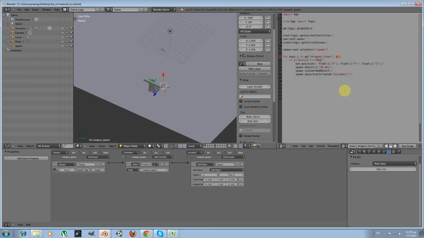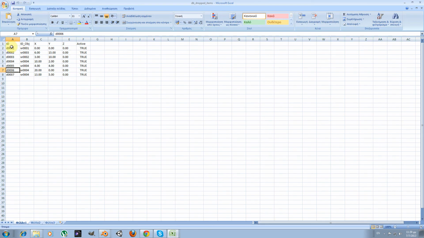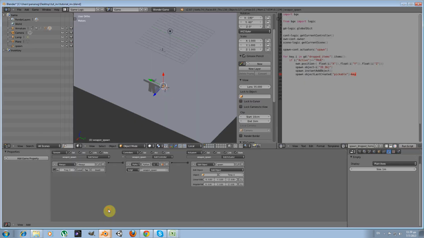Okay, so I'm replacing it with items, and this items gives me 2 variables, both the key and the value, so is equal to key. Okay, so here in this pickable variable, I'm storing the key value, which in our case is this identifier here. So I'm keeping this information too,